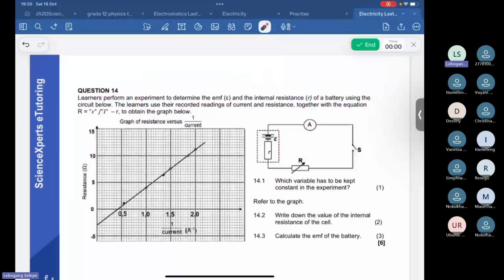Remember I told you that for any physics graph, take a look at it as a maths graph, right? Look here, they gave you the equation that you need to use. But a cruel examiner might not give you this equation to assist you. Then you would need to find it by yourself. How would you do this? So from the formula,